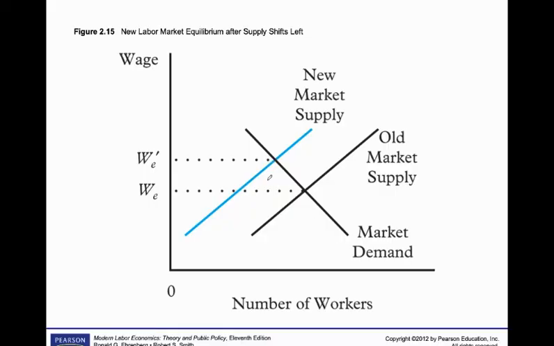Of course, this is another case where there can be a new equilibrium point in the economy when there is a shift to the left by the labor supply curve. Assuming WE as the initial equilibrium wage rate, so this is the initial equilibrium point. Because of the shift in the supply curve, now we have this point as our new equilibrium. Again, in this case, there is a much higher equilibrium wage rate, but what happened now? At the new equilibrium point, there is a much lower level of employment in the economy.